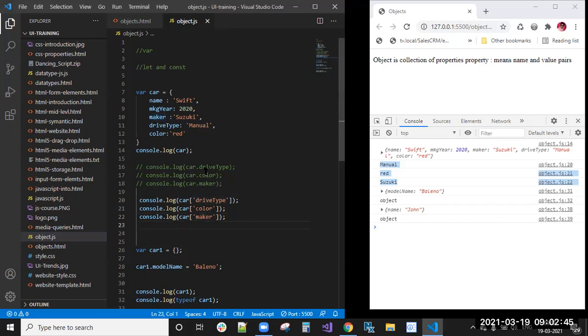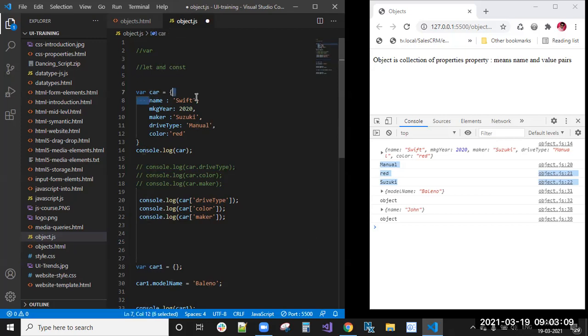This is another way to get property values. So to get the property values, we have two ways: dot notation and array bracket notation.